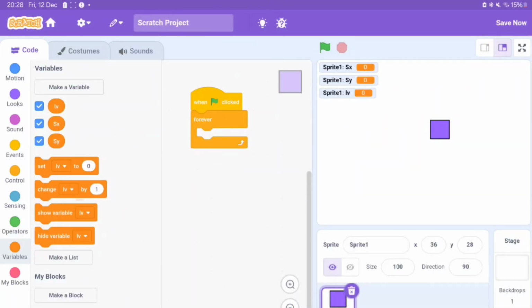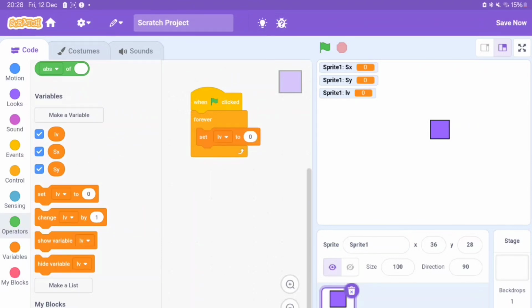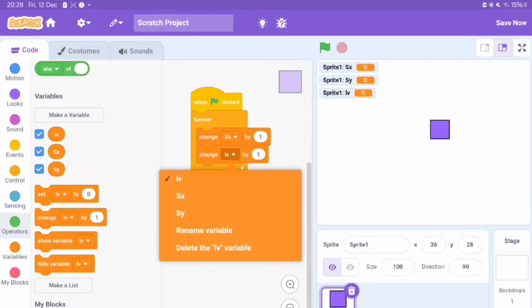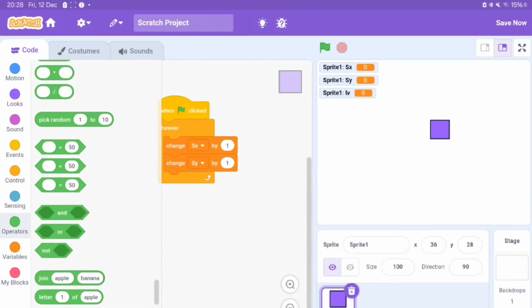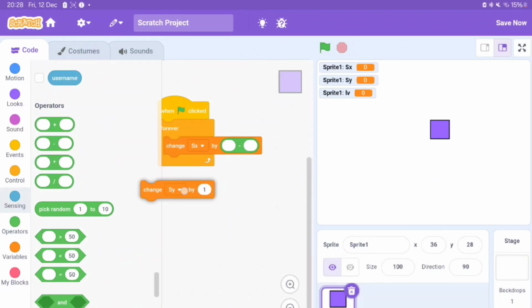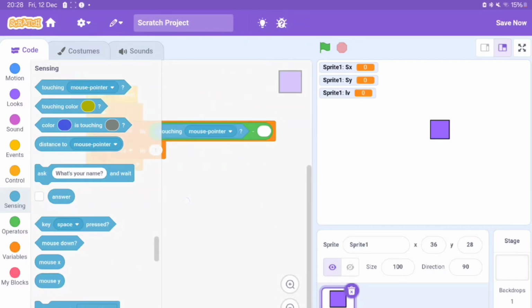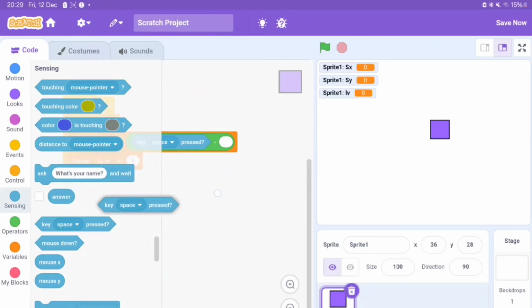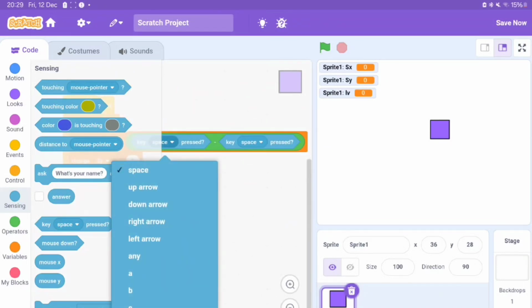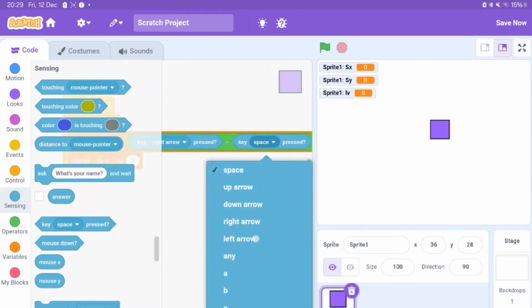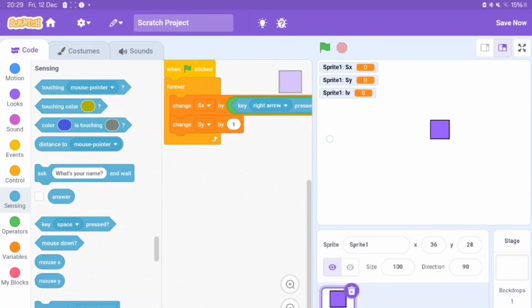Now put when flag clicked, forever, change SX by, and another change SY by... minus... SX minus this space key pressed. Now you have to do AD, or you can just use the left right arrows. I like using left right arrows. Yeah, that's right minus left. Afterwards change SY by -1. Now you should have a fully functional walk system, but the thing wrong here is that the numbers don't change,